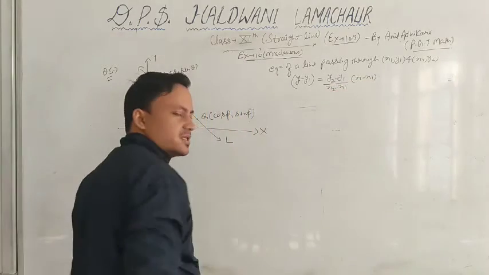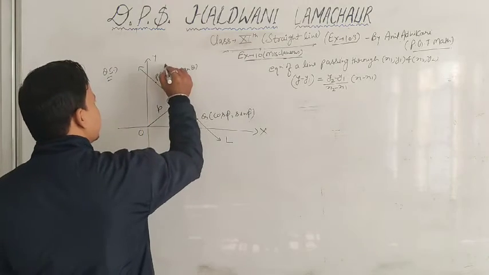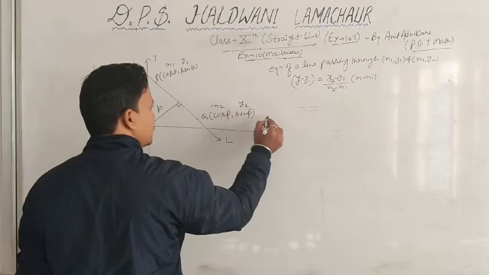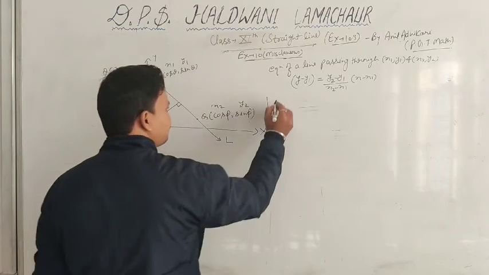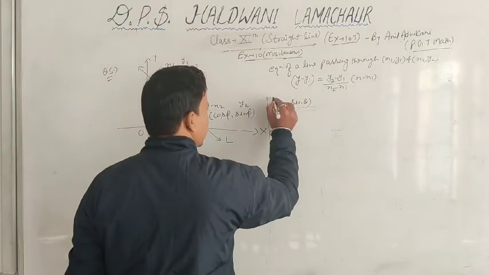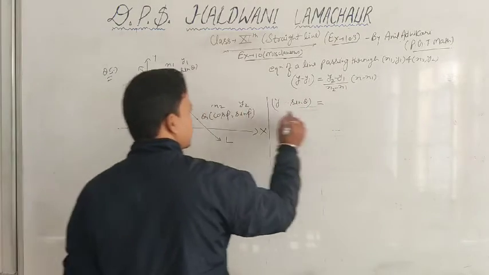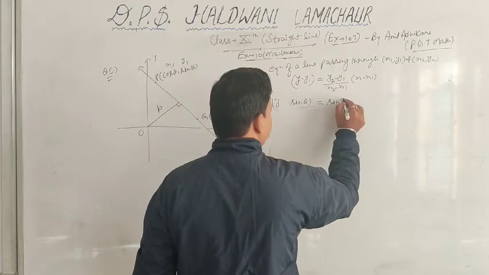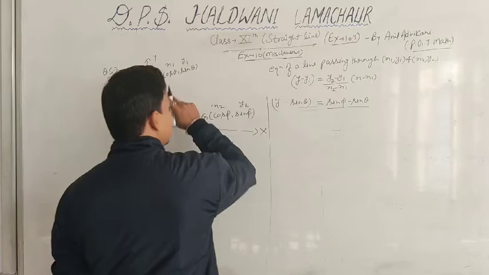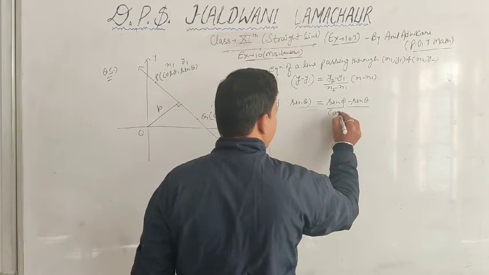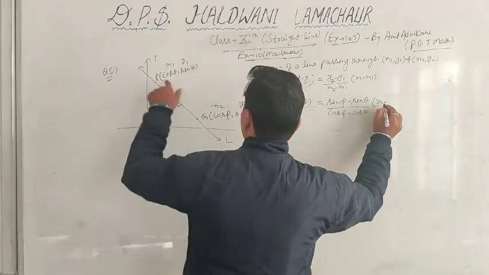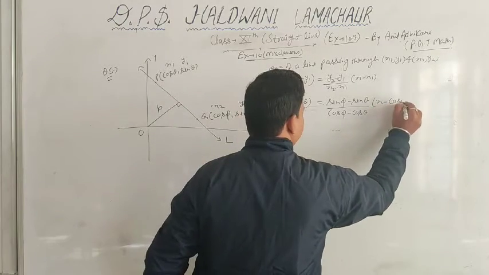So now we are going to use this formula. Let this be (x1, y1) and this one be (x2, y2). Applying the formula, what do we get? y minus y1 is sin theta, equal to y2 minus y1, that is sin phi minus sin theta, upon x2 minus x1, that is cos phi minus cos theta, and within bracket x minus x1, which is cos theta.